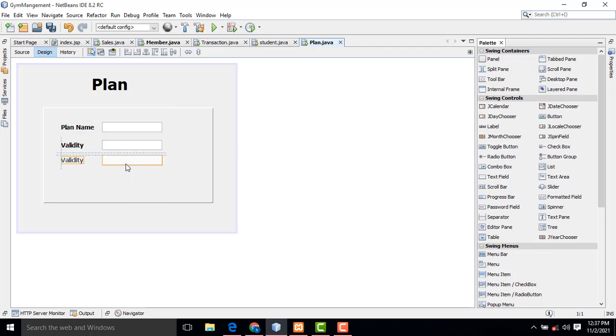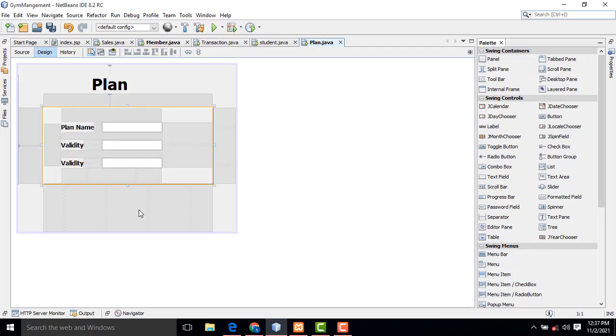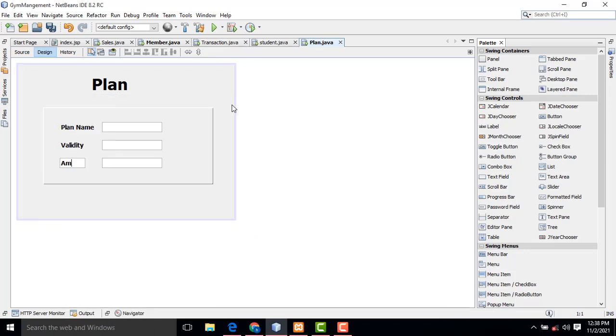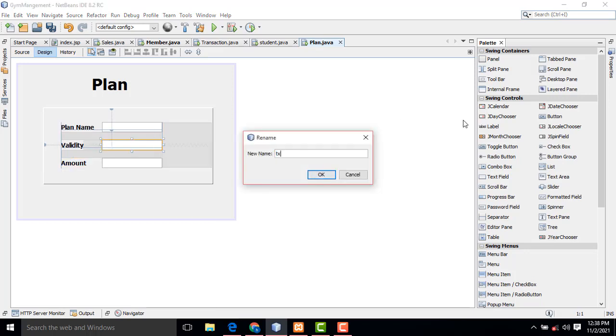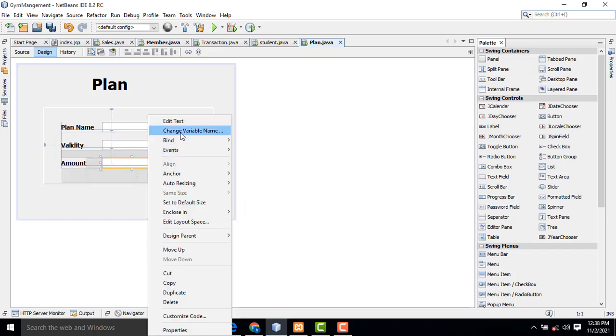Control C to copy, Control V to paste below. This one should be amount. Validity txt, amount.